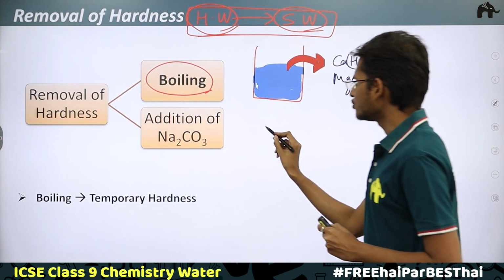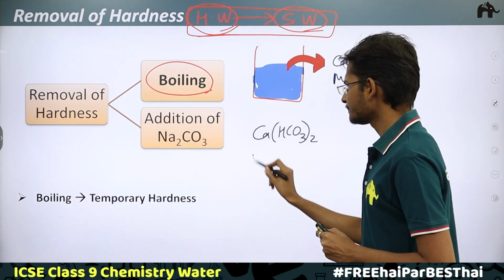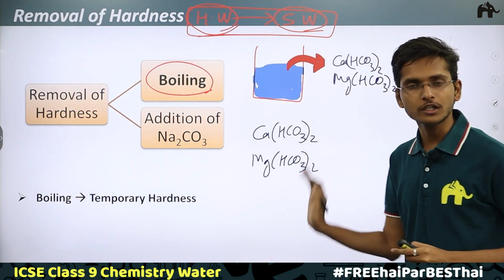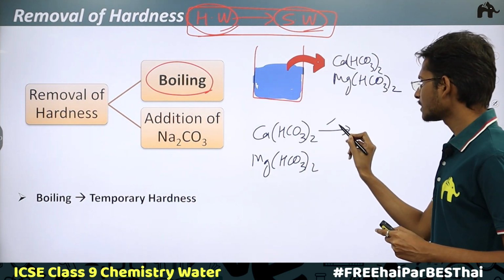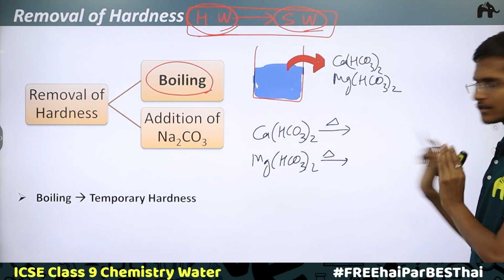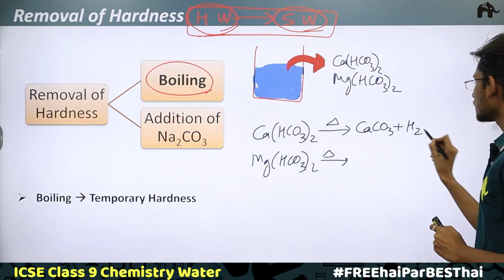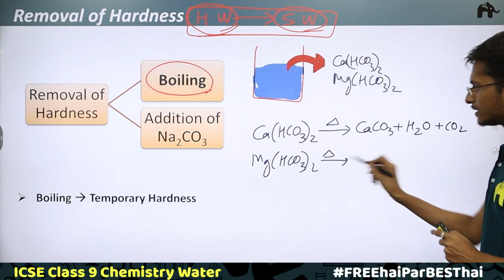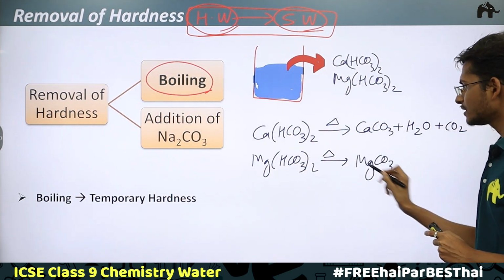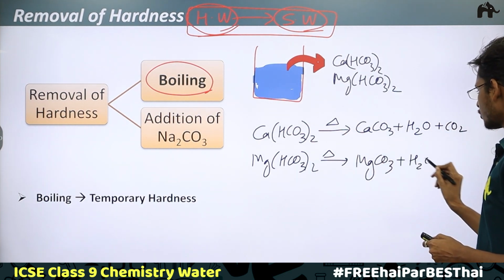Now what we are going to do is, when we boil this temporary hard water, the calcium hydrogen carbonate or magnesium hydrogen carbonate in the water gets converted into the following products. Which are those products? Simply calcium carbonate, water and carbon dioxide. In the case of magnesium hydrogen carbonate, when we heat the water, magnesium carbonate, water and carbon dioxide